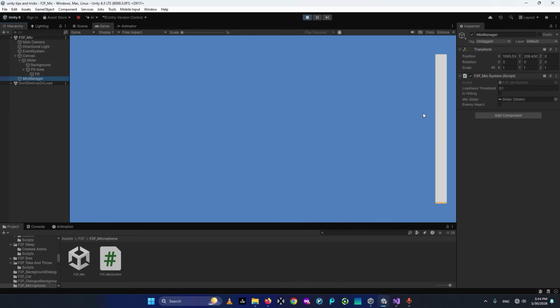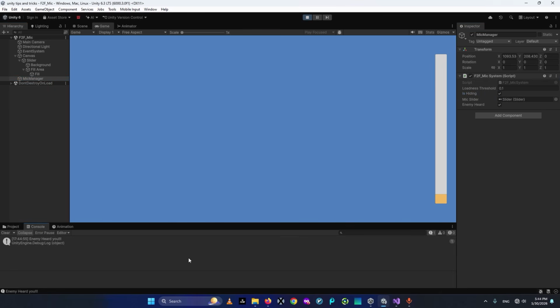So we have this mic manager. If I click on is hiding, you see that this value is going up and down. And since our threshold was very low, the enemy heard us. If I make it higher and I make this boolean false, you see that I'm talking and it is not changing. And if I clap, no, the audio is not gonna go that high. So I'm gonna make it a little bit lower. So when I talk, it is gonna increase the value. You see that I'm talking, and if it reaches 0.2, it is gonna run that void,